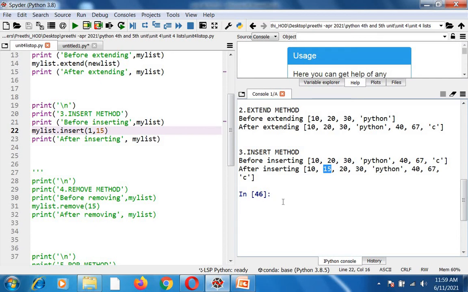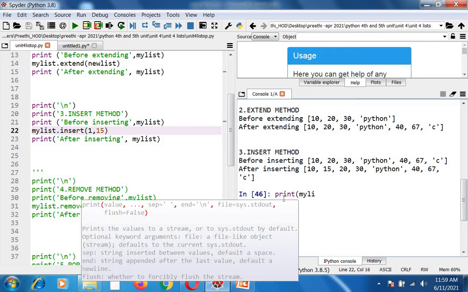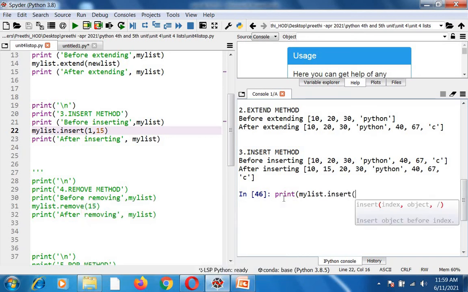So suppose I want to insert an element. Print of my list, which is the name of the list. My list dot insert of 3 comma hello. So what happens here is I want to insert at the third index. What is the third index? 0, 1, 2, 3. So in this particular place, I want to insert this hello.